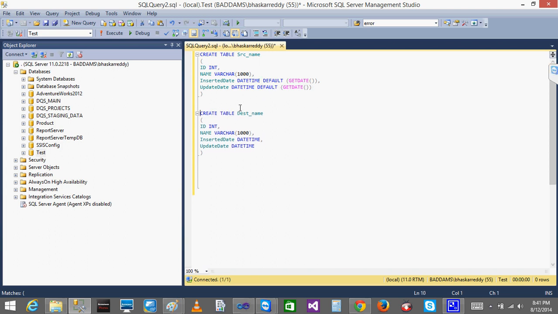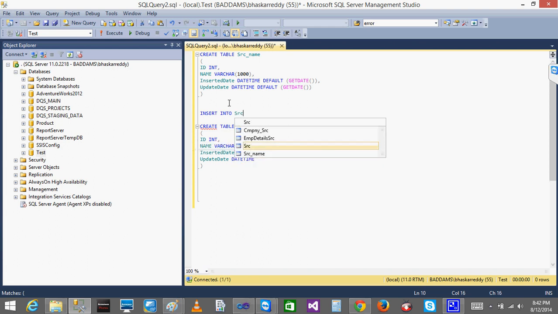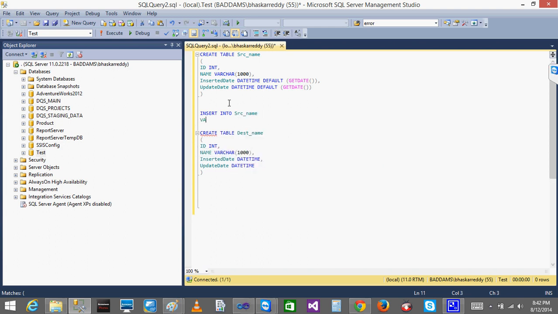Okay, now we are going to see another way. I'll insert two records. Insert into SRC name, with value 101 as ID and name as a. The other default values are fine, nothing to worry.